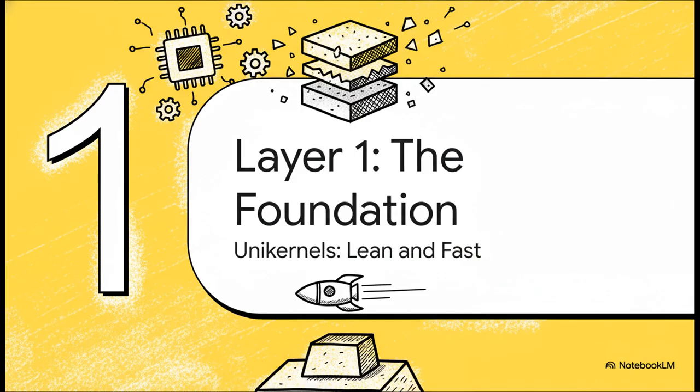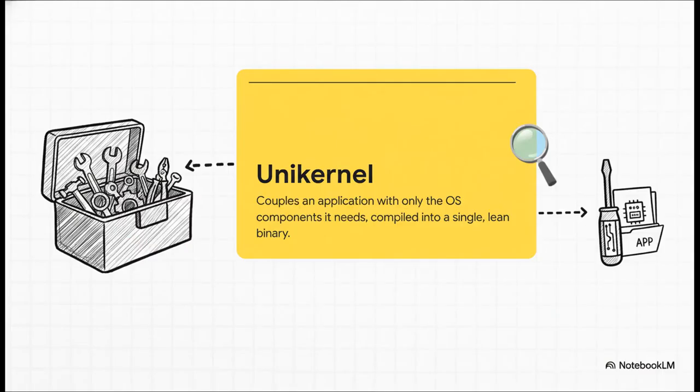Now, what if you wanted to build something for maximum, blistering speed? What if you just stripped away everything that wasn't 100% essential? Well, that's the wild idea behind our first concept, the unikernel. Think about it this way. A normal OS is like a giant toolbox, right? It's got every single tool you could possibly imagine just in case you need it. A unikernel, on the other hand, is like a custom-made tool, built to do exactly one job and do it perfectly. It takes your app, grabs only the operating system libraries it absolutely needs, and compiles them all into one